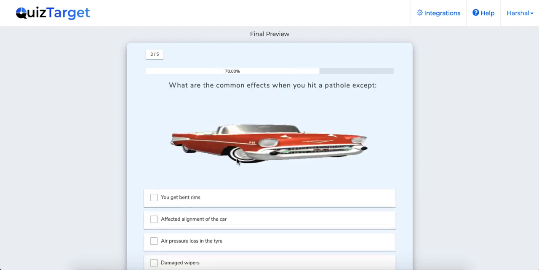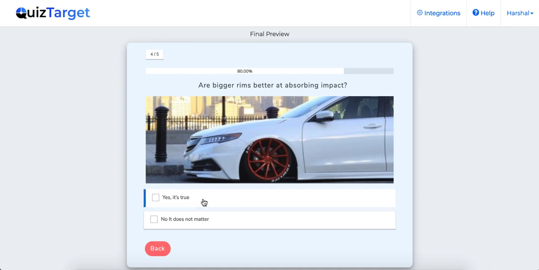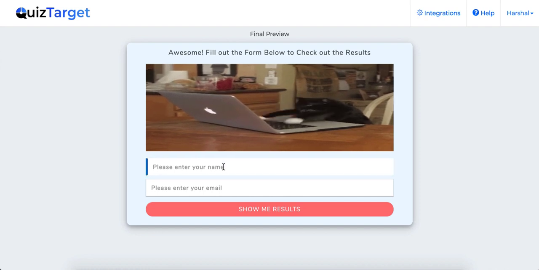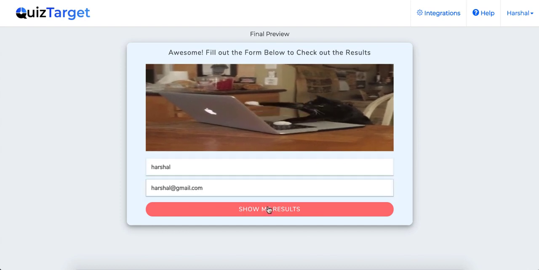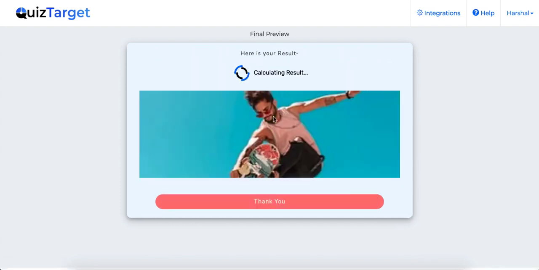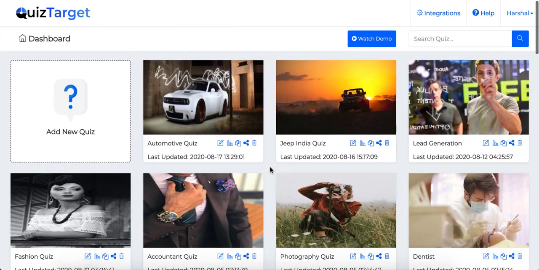We'll go over how to create interactive lead generation quizzes that skyrocket leads and boost conversions for any niche using gamified lead generation technology. Old lead generation opt-in forms, welcome mats and pop-ups don't perform well anymore. On the other hand, quizzes engage and capture audience attention and build your list much faster. So let's dive inside Quiz Target to show you how easily you can create lead generation quizzes, get more leads